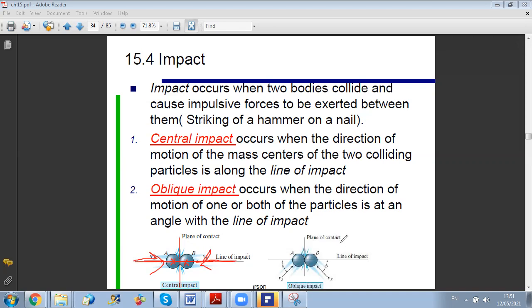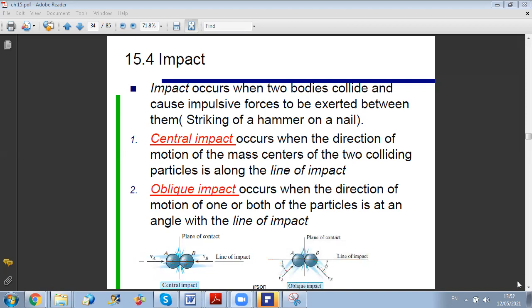On the other hand, in the second figure here, you have the line of impact, which is joining the centers, different than the lines of velocities. So you have certain inclinations for velocities. Whenever you have inclinations for velocities with respect to the line of impact, in this case the final velocities will be of different directions than initial velocities. For example here, let's say A will go this way and B will go this way, and we will learn together how to calculate all components of velocities after collision. Okay.